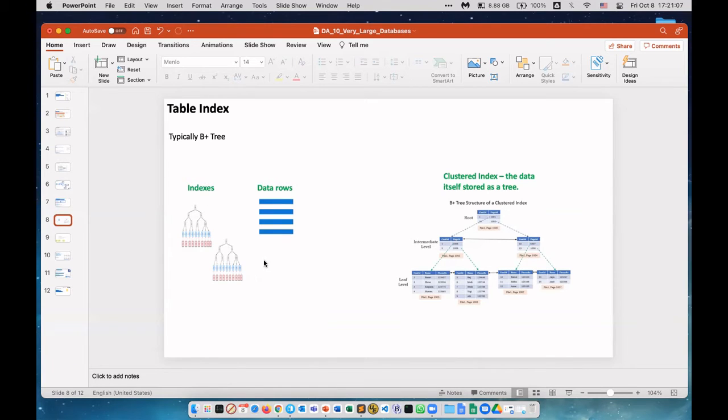There is one index which is very special, called the clustered index. This is an index, a tree, that actually contains all the data. That's why there is only one. The actual data is stored as a tree.